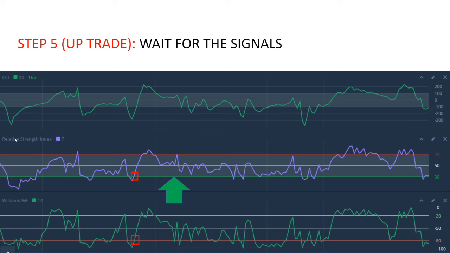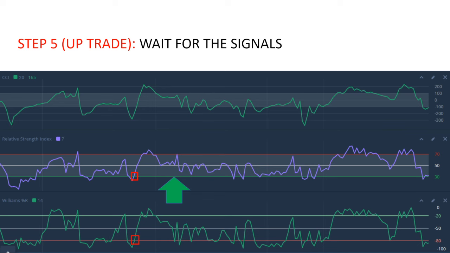On the relative strength index with a period of 7, overbought is above 70. So this is overbought, overbought, overbought. And our oversold is going to be below 30. And with the Williams percentage R, it's the same thing. So these are the 2 lines that we told you to add, minus 20 and minus 80. And once again, this is the line that we chose for the indicator to be displayed correctly.